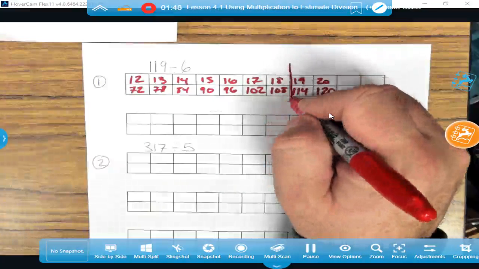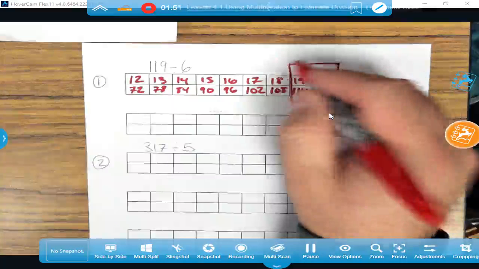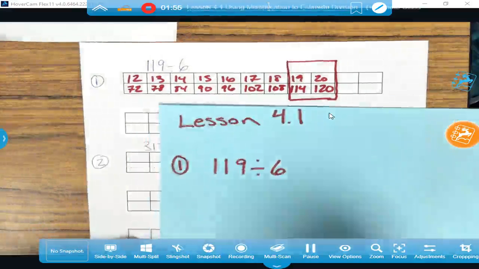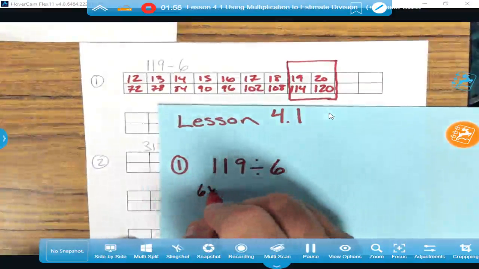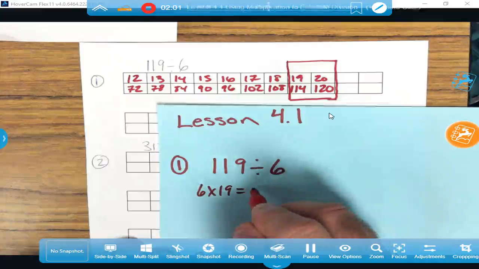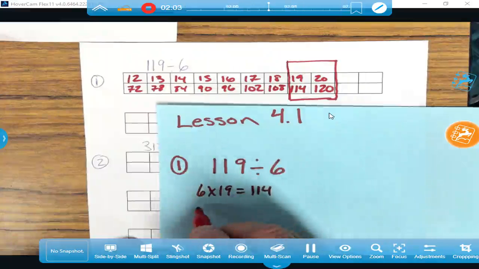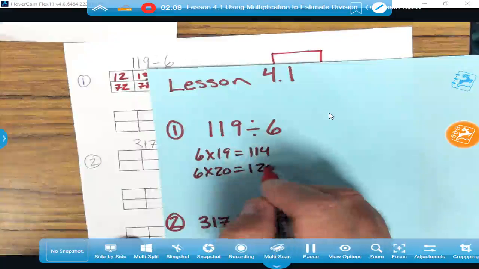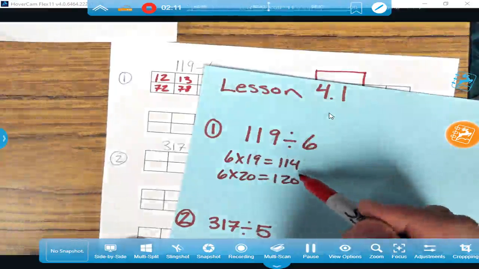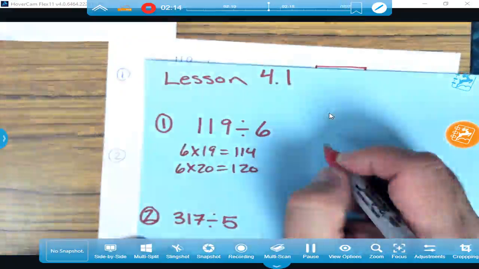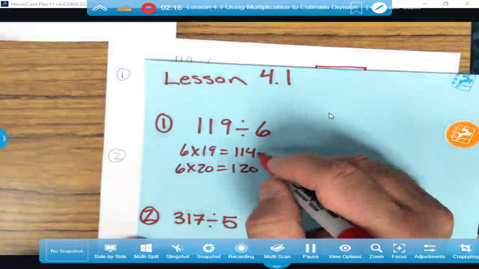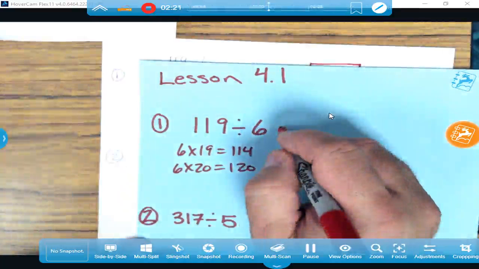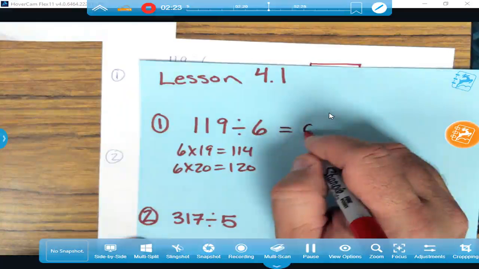So I have my two numbers right here. 6 times 19 equals 114, and 6 times 20 equals 120. So 119 is between those, so I can say it's between 114 and 120, and looking at this, 119 is closer to 120, so about